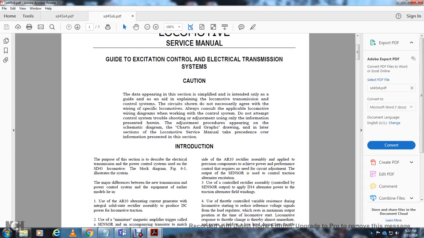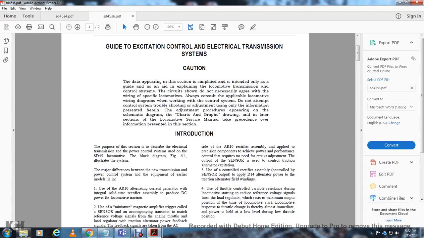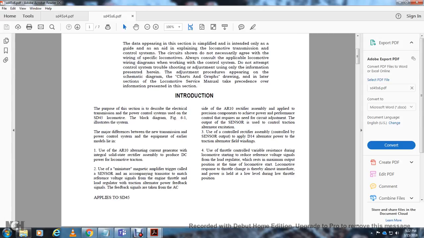The major difference between the new transmission power control system and the equipment with the earlier model of the Lion. Use of the AR10 alternating current generator integral with the solid state rectifier summit to produce the DC power for locomotive traction. Use of the miniature of the magnet of the apply, the trigger of the call with the sensor of the accompanying transistor match with the reference voltage signals and the apply engine throttle with the load regulator traction